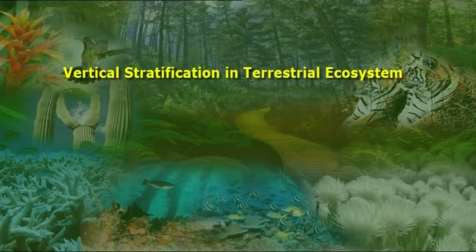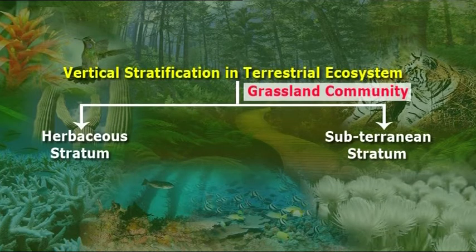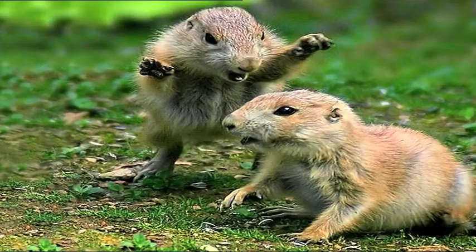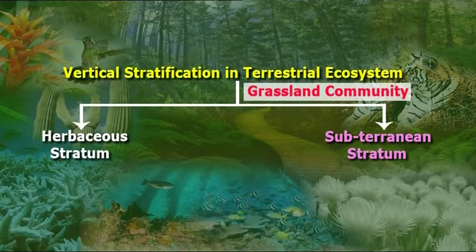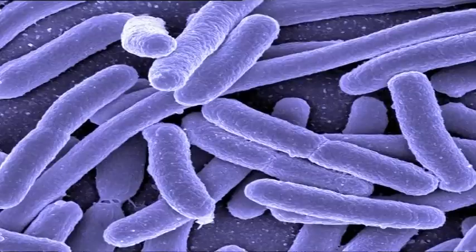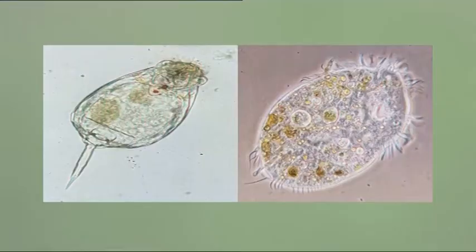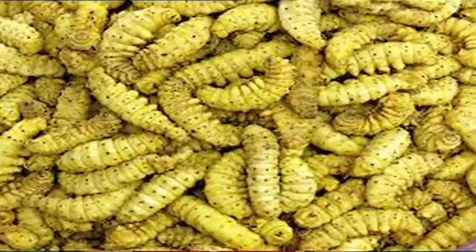Vertical stratification in communities is also observed in terrestrial ecosystem. For example, in a grassland community, the euphotic zone consists of the herbaceous stratum consisting of grasses and other herbs as producers and rodents, cattle and insects as consumers. The subterranean stratum consists of different layers of soil containing litter, humus, mineral fraction of soil, plant roots, rhizomes and organisms such as bacteria, fungi, protozoa, microarthropods, insect larvae,